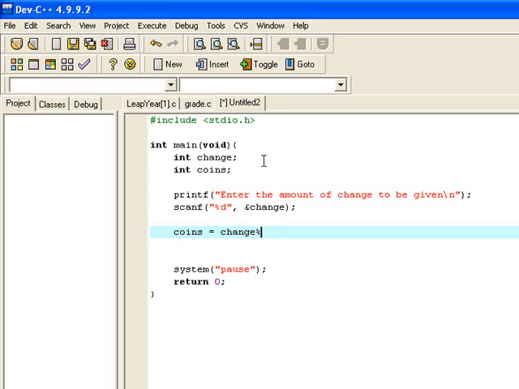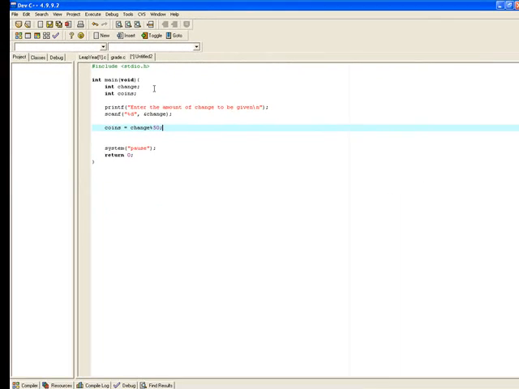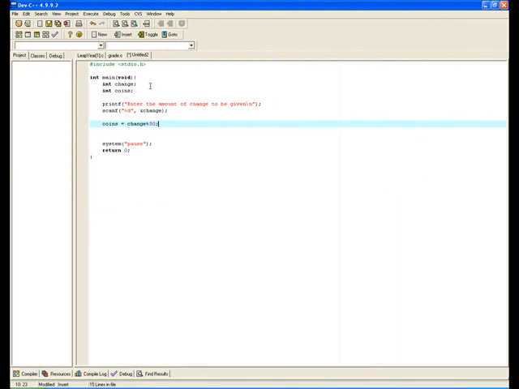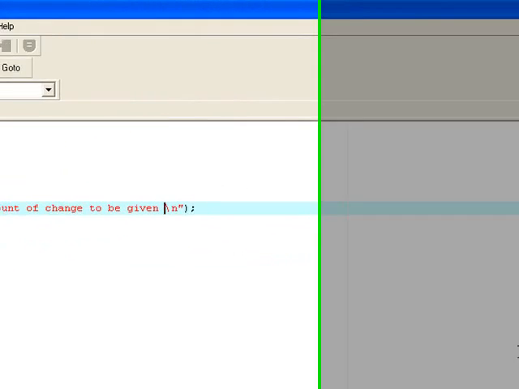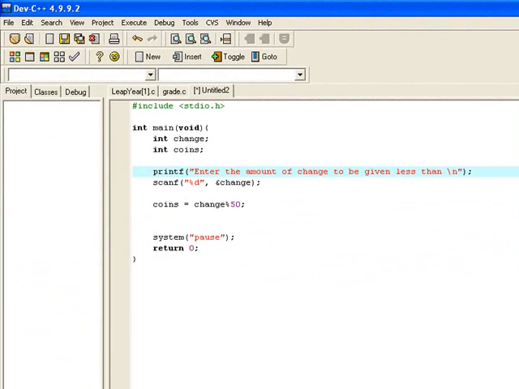Coins, not coins, 50. So what I'm saying here is that you take the amount of change you have and you divide that by 50, and however many times that goes in, that's how many 50 cent coins you can make out of it. Obviously you start with the largest denomination coin, because that's what you would normally do when giving change to somebody. So clearly, the most 50 cent coins we could be giving out is 1, because if it's less than €1, it must be at most 99 cent. I'm going to say the amount of change to be given less than €1,